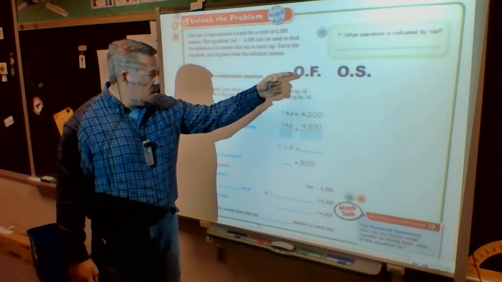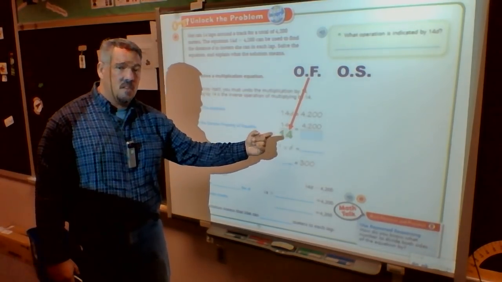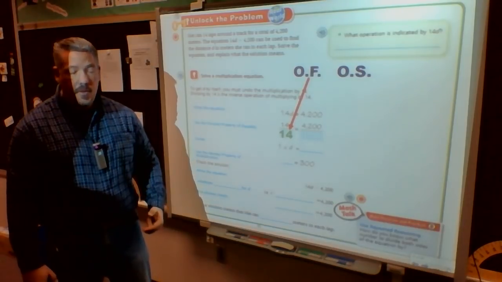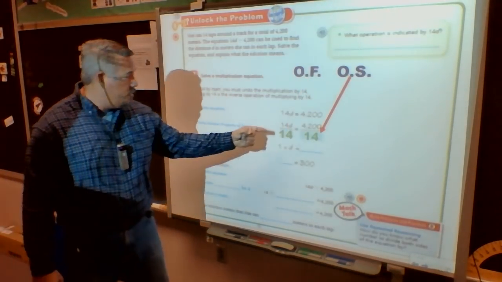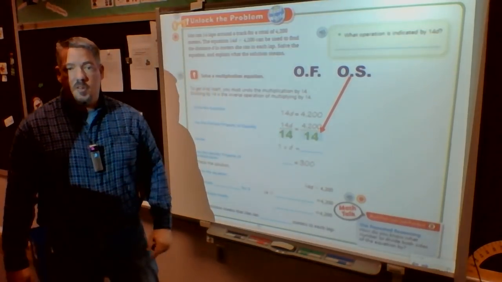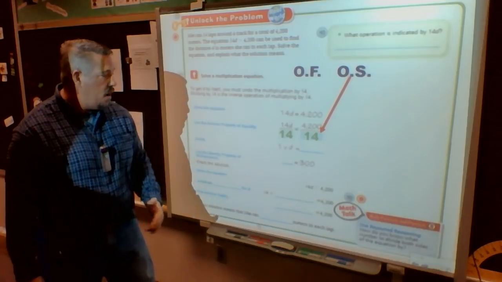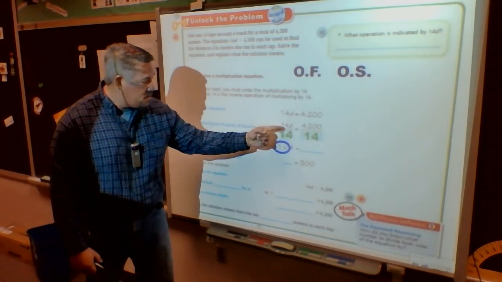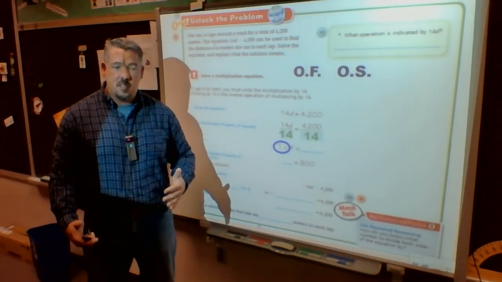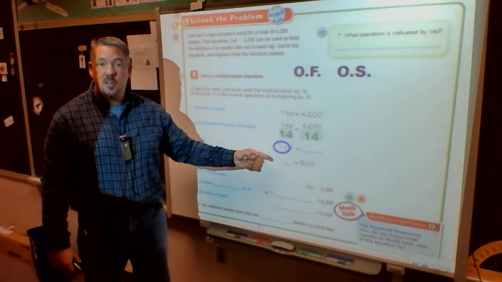So I do the opposite function first. The opposite function is to divide, that's what a fraction line means, by 14. And then I do it on the opposite side. So I divide it by 14 here, I divide by 14 here. Some of you prefer to put the line through, and some of you don't like to put the line through the cancellation. What that does is it just cancels out the 14s and D is by itself. Notice it says 1, because 14 over 14 is 1.